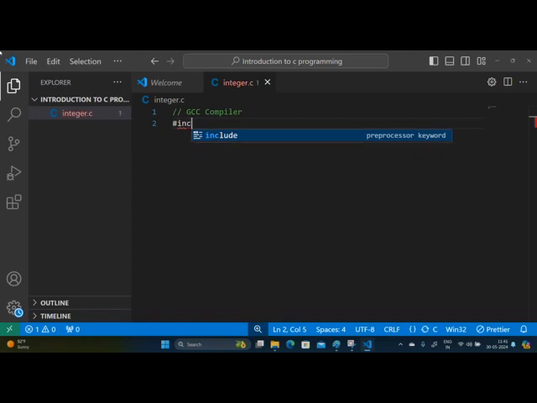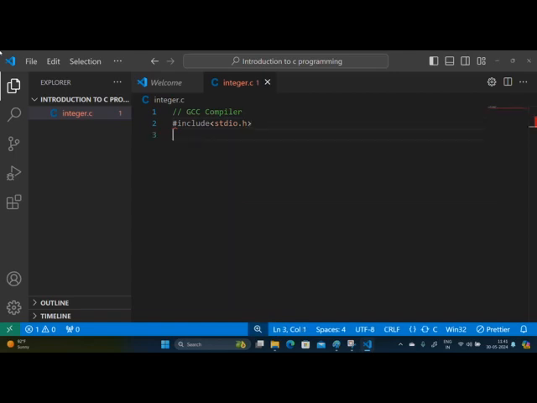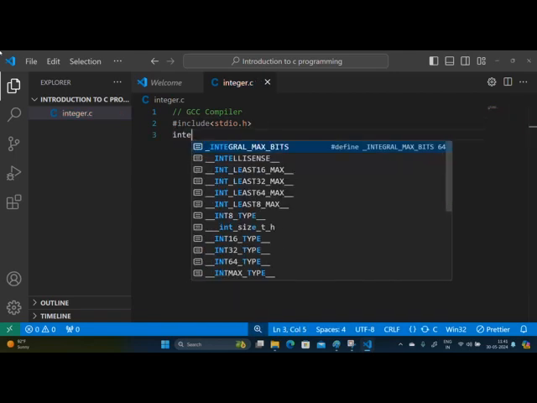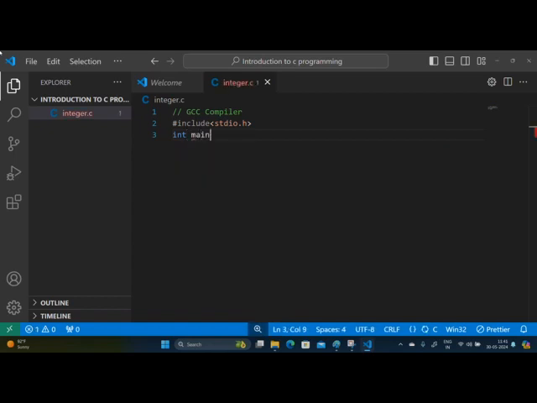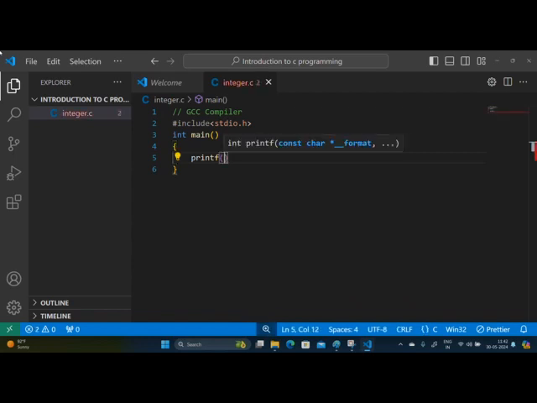Using the method that includes stdio.h, then in another line, I will write int main, small parentheses. Then printf, and in inverted commas I will write size of integer in GCC compiler